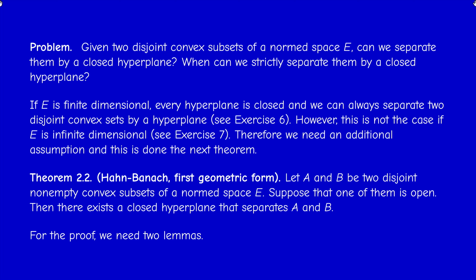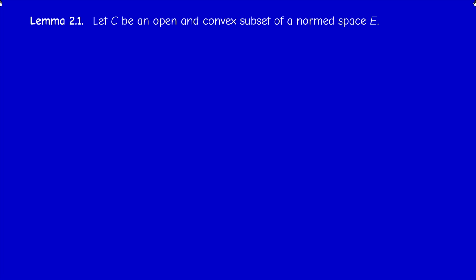Okay. So if A and B are disjoint, non-empty convex subsets of a normed space, and one of them is open, then we can separate them by a closed hyperplane. Okay, for the proof, we need to establish two intermediate results, one of them being a particular case of theorem 2.2. Okay, the first lemma is about the Minkowski function of C